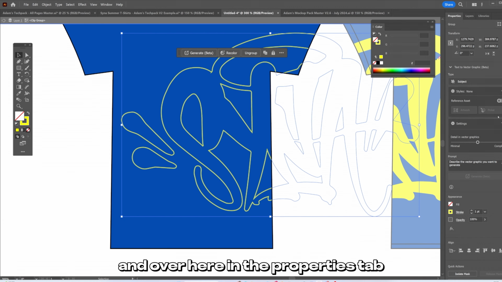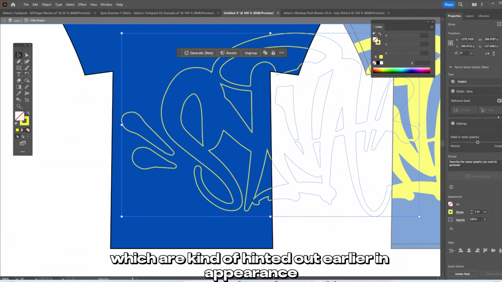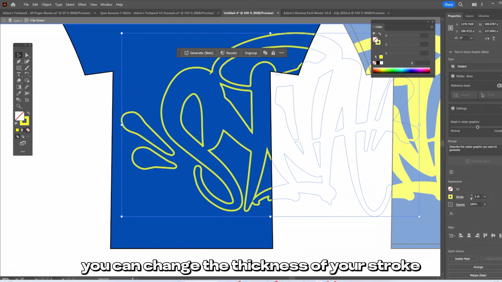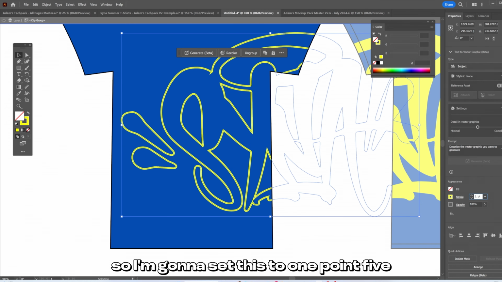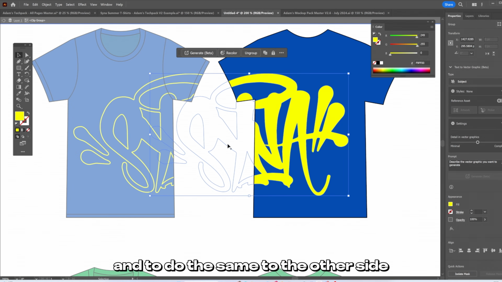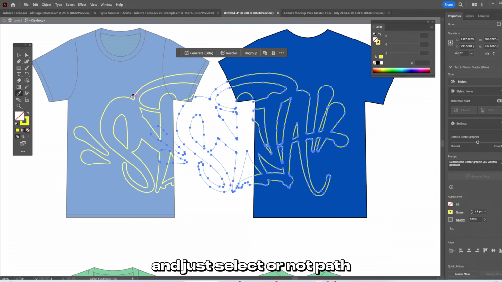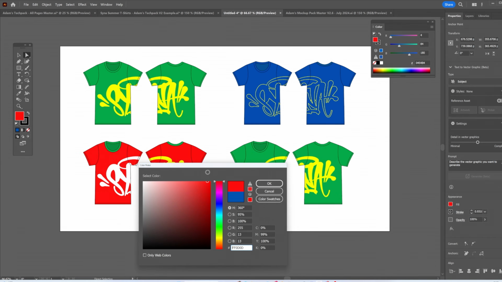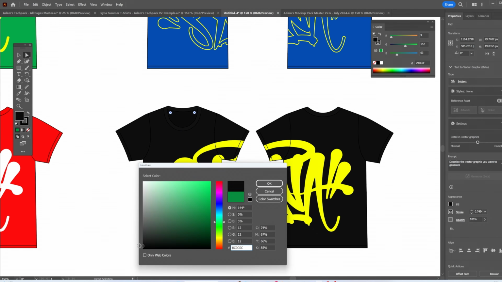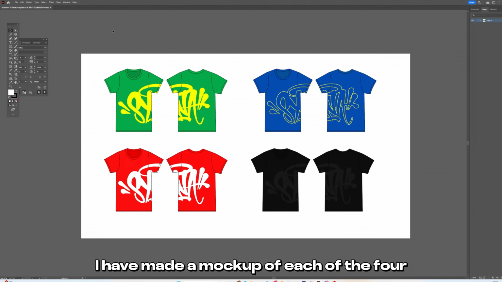And over here in the properties tab, which I kind of hinted at earlier, in appearance, you can change the thickness of your stroke. So I'm going to set this to 1.5, and to do the same to the other side, I'm going to use my eyedropper tool once again and just select on that path, and it will copy over all the attributes. So now that I have made a mock-up of each of the 4 colorways that I want to create,